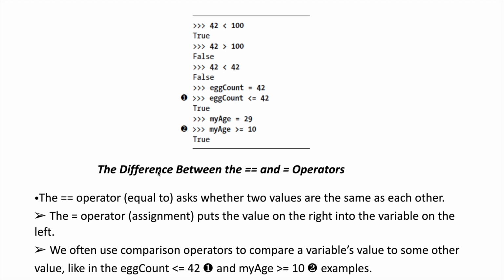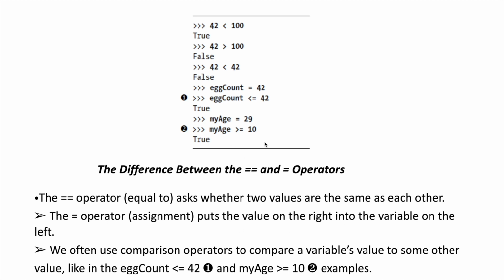And what is the difference between the equals operator and the assignment operator? The double equals operator asks whether two values are the same as each other. That means it acts as a comparison operator. Which one? Double equals acts as a comparison operator. Single equals acts as an assignment operator. It is going to put a value